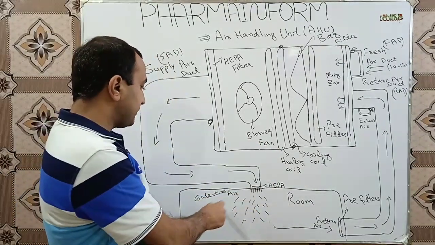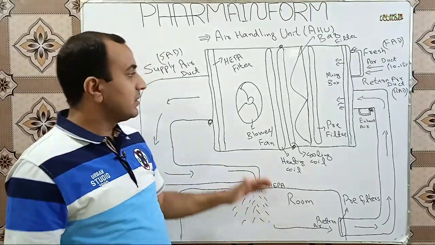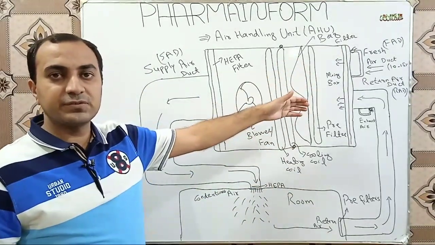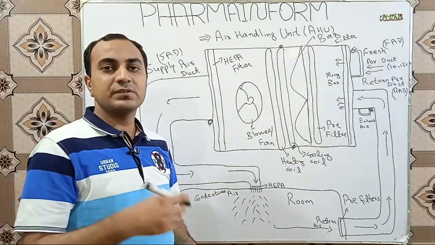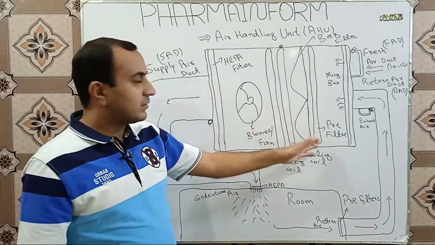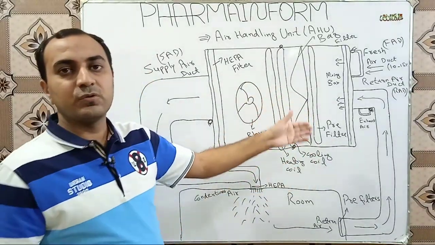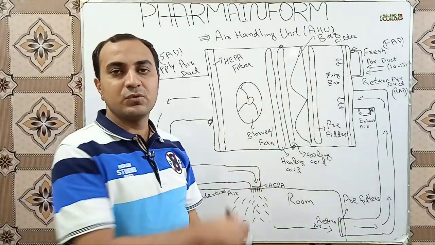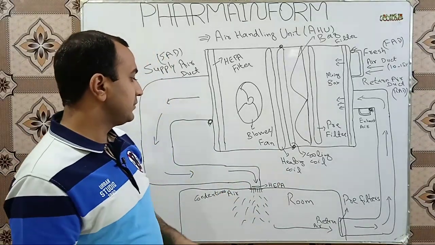Now this supplied air is basically conditioned air. We have controlled its humidity. For controlling humidity, we may also install a humidification system or dehumidification system in the AHU. We will discuss the humidification and dehumidification system in detail. In the AHU, a silica beads wheel is used to control the humidity. But as we are discussing the basic overview, we will discuss humidification and dehumidification systems in a separate video.